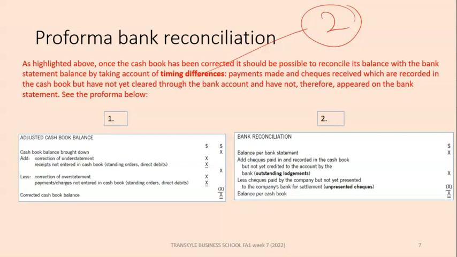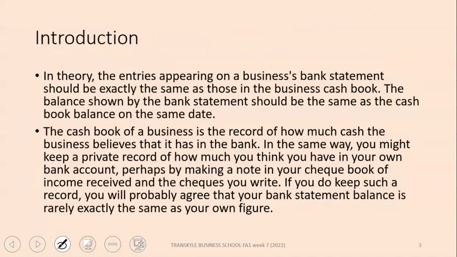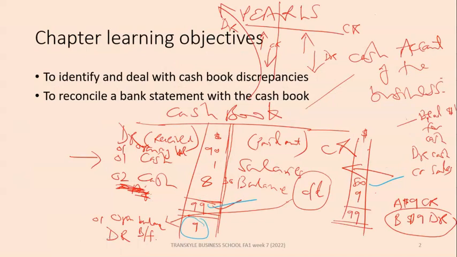The first thing is adjusting the cash book balance. How do you adjust it? Just check the cash book balance which you have been given by the examiner. The examiner might say, hey, at the end of the month, the cash book had a balance of this much debit or credit. And you now know at this level what it means to say this is a credit balance, this is a debit balance. If we go back to our cash book here, we said that this one is a debit balance, but sometimes we might be having